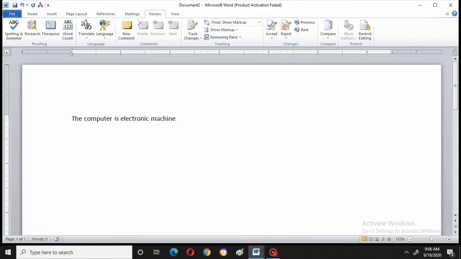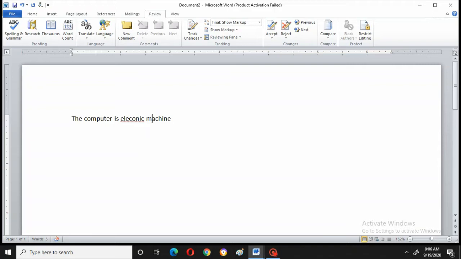Right, I have written correctly, but I will do some mistakes in it, and I will show you how it will show. See, the moment I have done a mistake there, it is showing a red line. Now I will show you how the spelling and grammar option will recorrect the mistake.